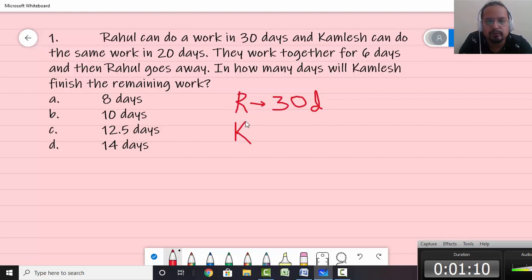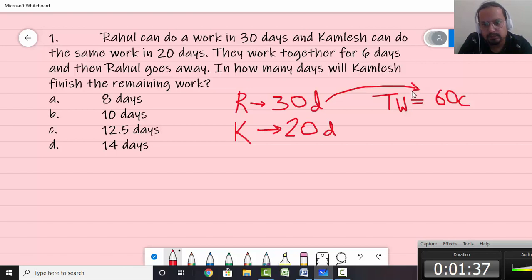So you will get fractions in solving. So it's better that you start by using the LCM method, wherein you take the total work as the LCM of the given times. So simply take the total work as the LCM of 30 and 20. So let's say the work was eating chocolates. The total work was then LCM of 20 and 30, that becomes 60 chocolates. Now find out 1 unit work. So in 30 days, Rahul could eat 60 chocolates, so per day 60 by 30, that is 2 chocolates per day.